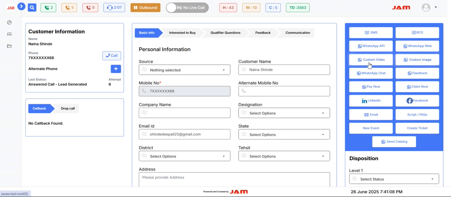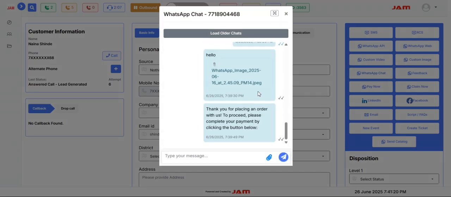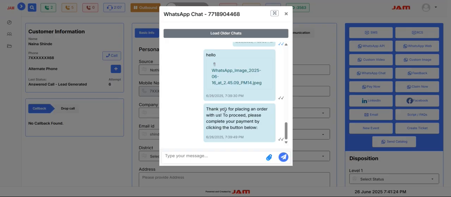Coming to custom image and custom video, which I have already explained, but I would like to showcase the template. Once I click on custom image, this will trigger to my WhatsApp number, and when I send it, the image will appear over here.